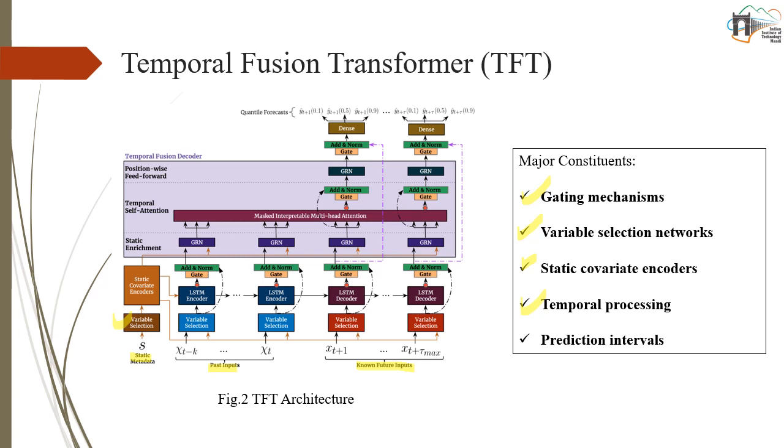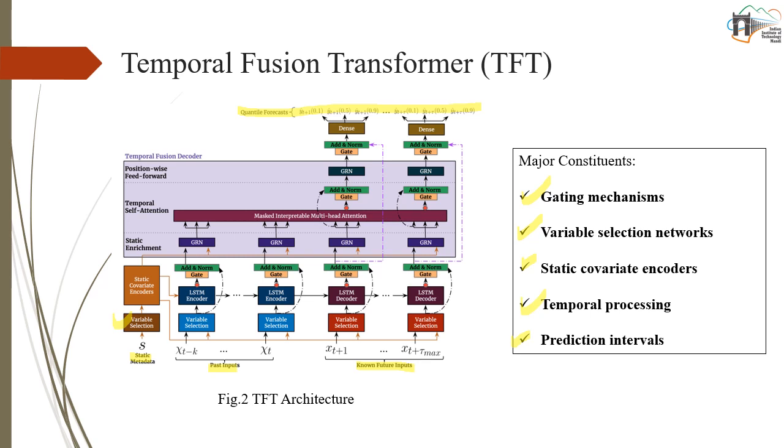That was the prediction intervals. As I told you, when we talk about the prediction intervals, our temporal fusion transformers are basically providing us the quantile forecasts, that is, in nature they are providing a distribution of our outputs. They are not giving us a deterministic output, but a distribution at different quantiles, for example, the 10th, 50th, and 90th quantile. They're providing us with the distributions so that we can get a better idea of how our model is working.